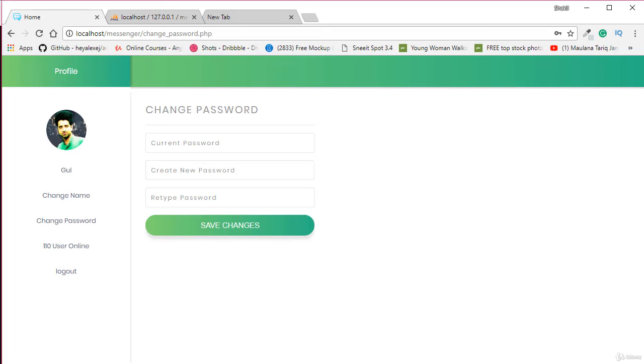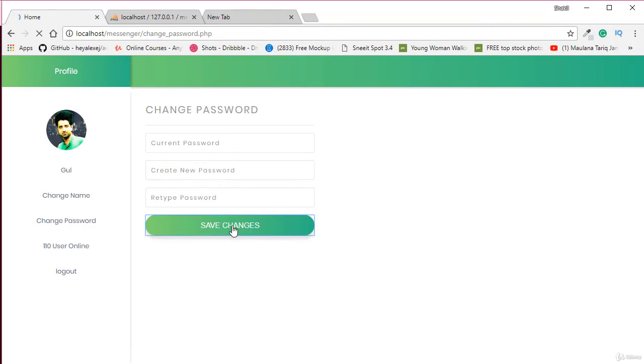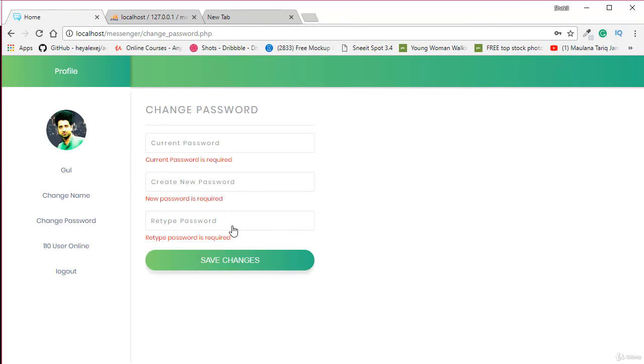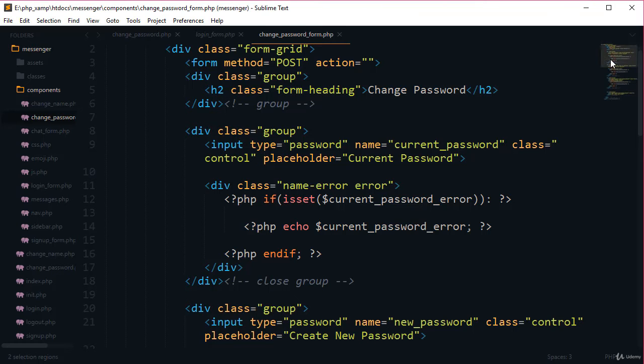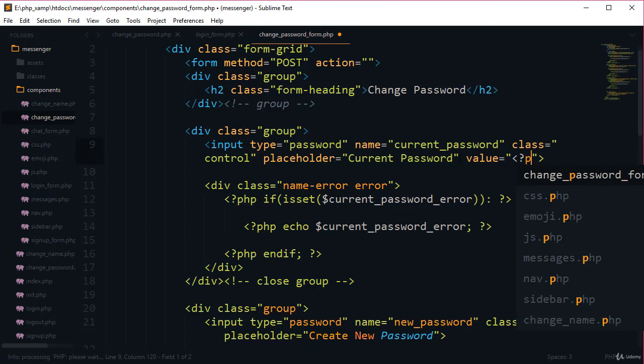Here first of all check this one. What happened? You can see here current password is required, new password is required, and retype password is required. But we also need to set the form values. How can we do that? Here add the value attribute, and here PHP start.